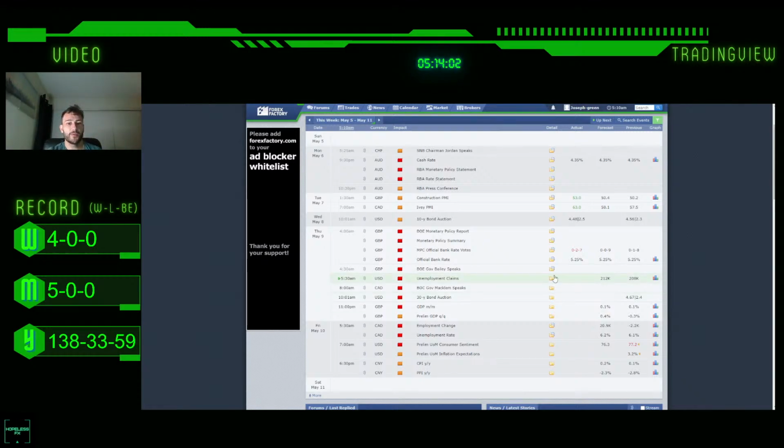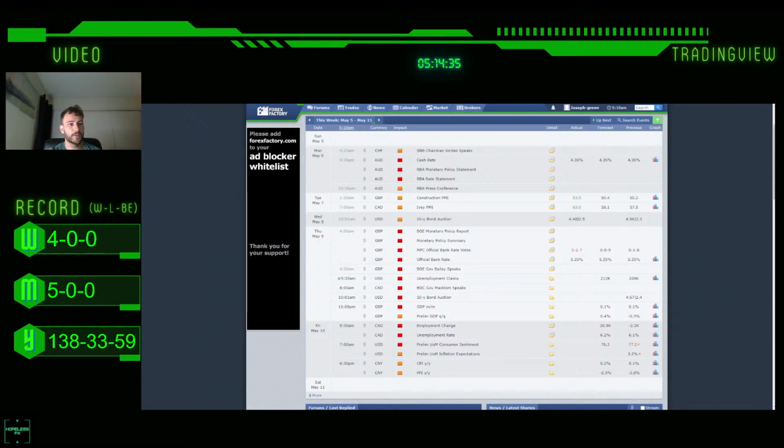Taking a look at the news. The British pound interest rate decision came out about an hour ago. It kept it at 5.25%. We have US dollar unemployment coming out in about 15 minutes, a 30-year bond auction in about 5 hours, and then British pound GBP coming out later tonight, and then tomorrow we have some Canadian